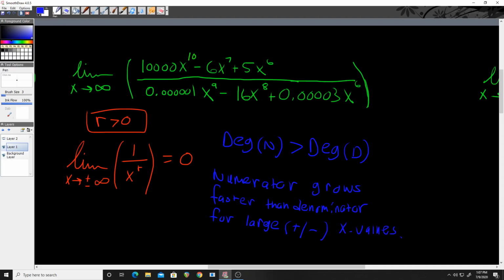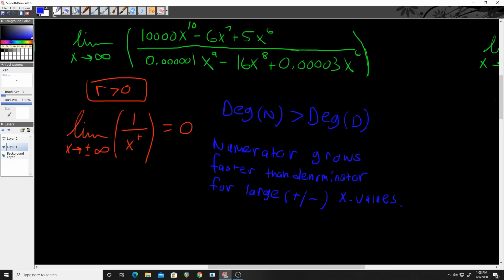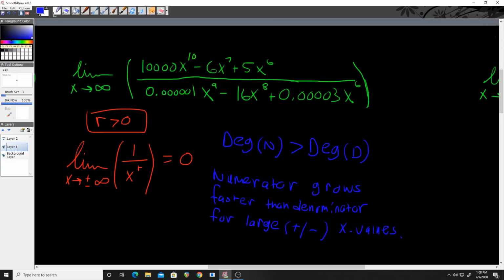Good. So if the numerator is going to grow faster, that means the numerator is going to be bigger. And if the numerator is bigger than the denominator, then the value, the ratio, is going to be larger. And so, since the top is growing faster than the bottom, we can expect this to be, for the moment,